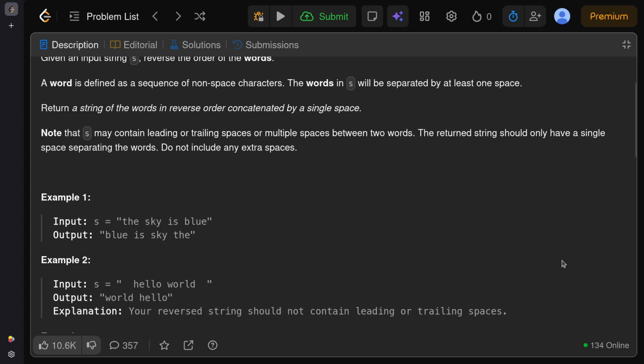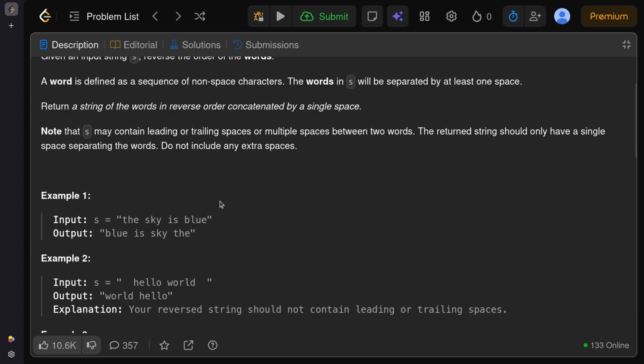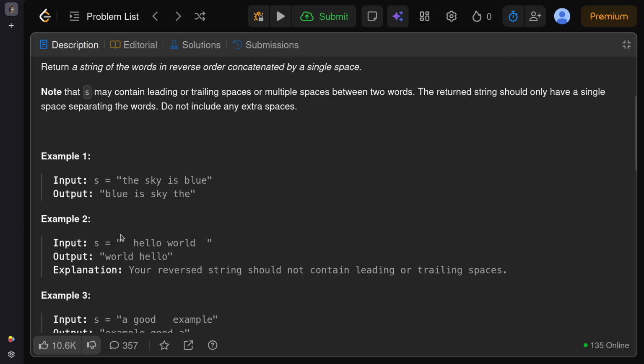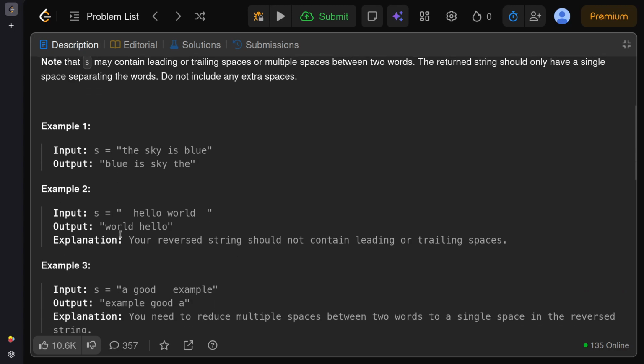So let's take a look at some examples. So, the sky is blue, and each word is taken and the order of words is reversed. So, blue is sky the. So the word content is not touched, it's not reversed, it's the original, but the order of each word is